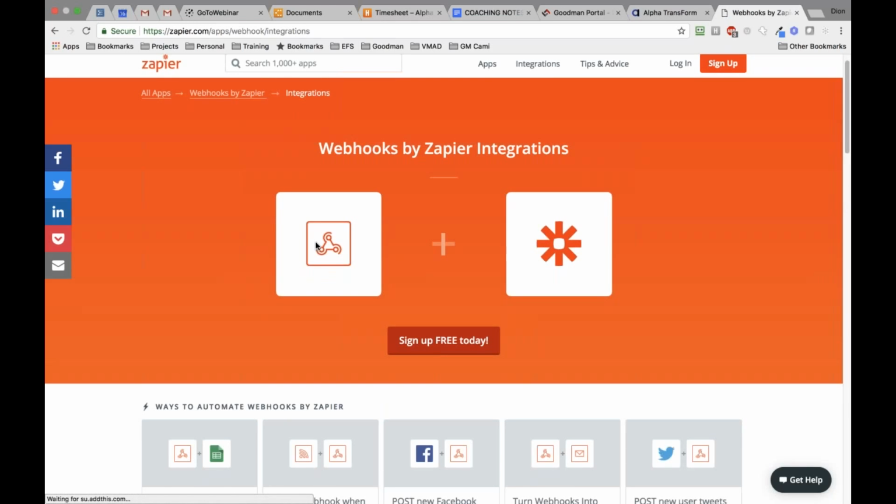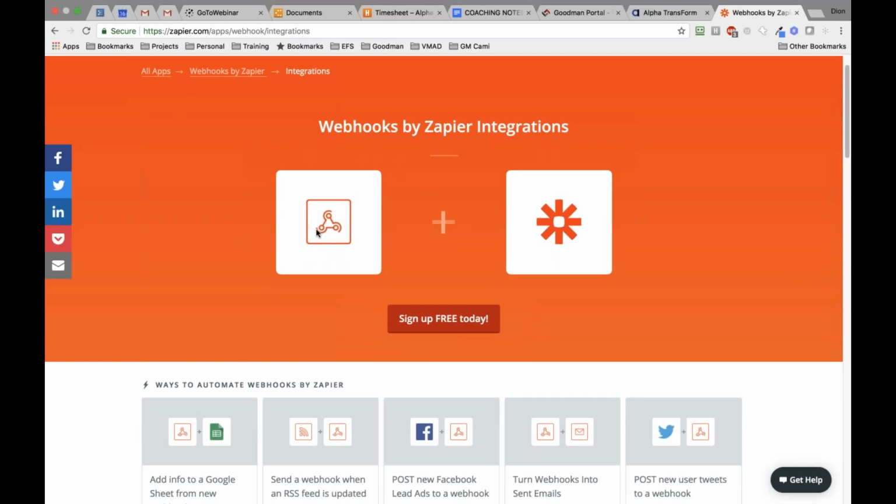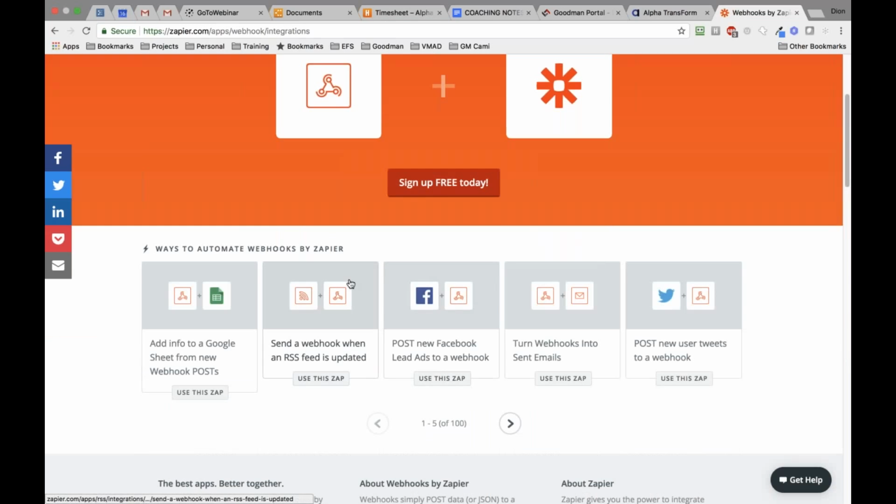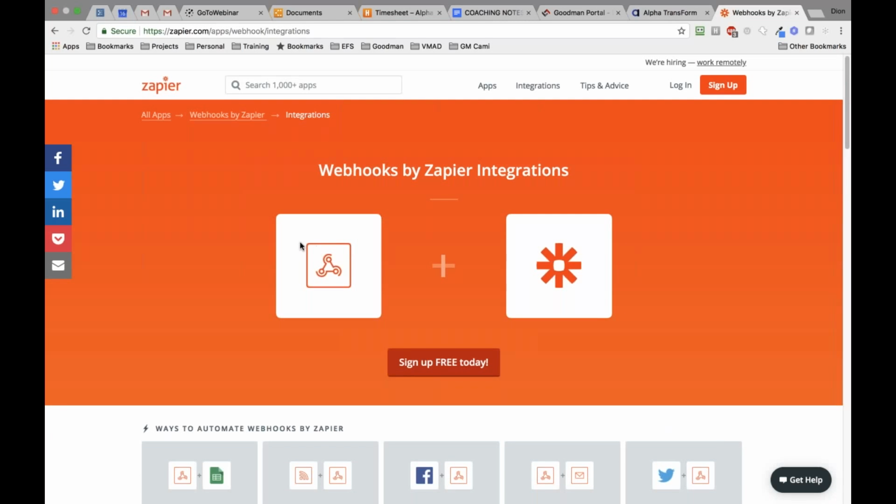So you set up this thing called a webhook, and then in Alpha, using the built-in XBasic, you can submit data to that webhook, because this is just a URL, and you're passing that URL some data, usually in a JSON scenario. And once you've set that up, you can use that generic webhook to connect to anything, so it's really powerful, the webhook concept inside Zapier. You don't have to have a dedicated Alpha Zapier thing.